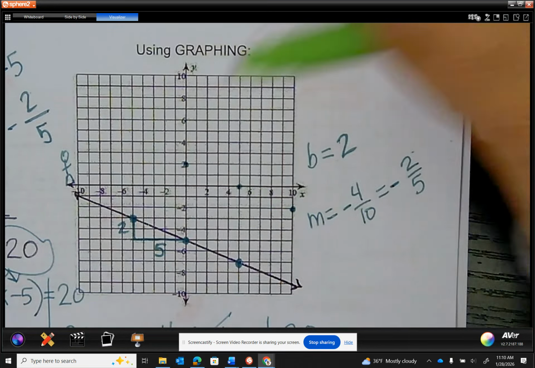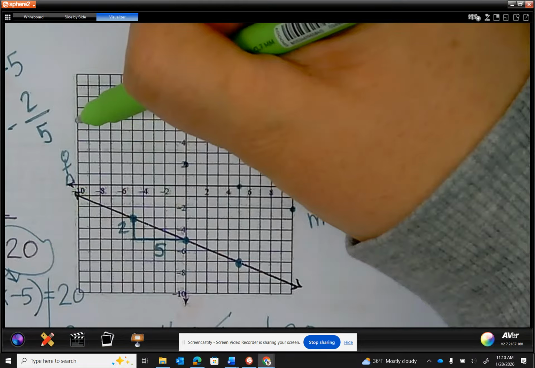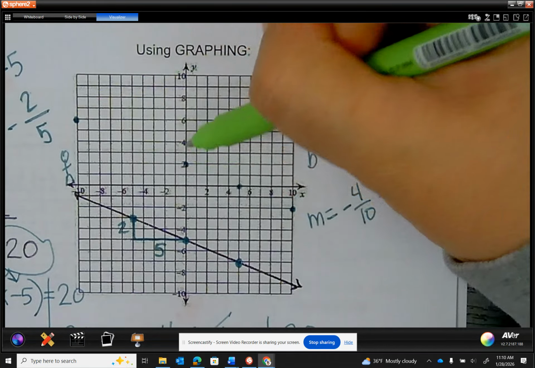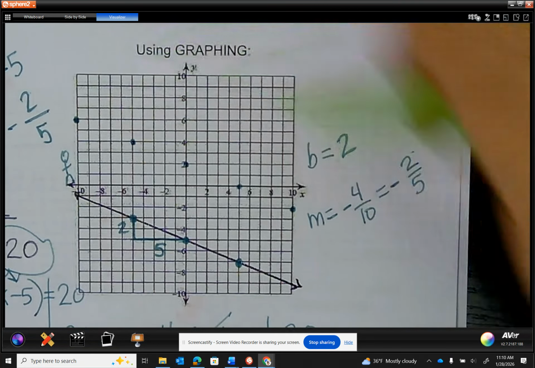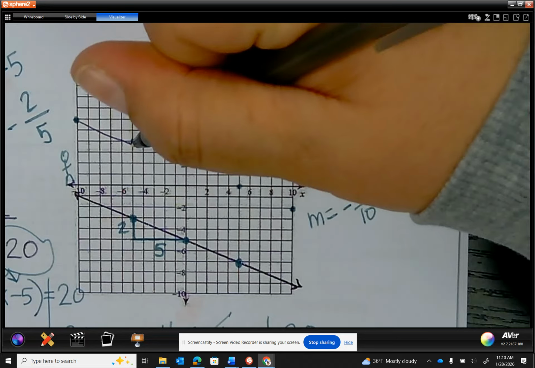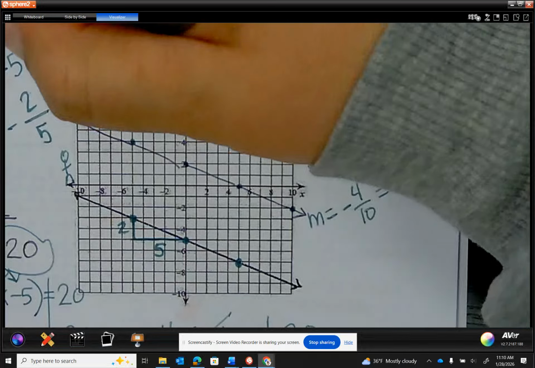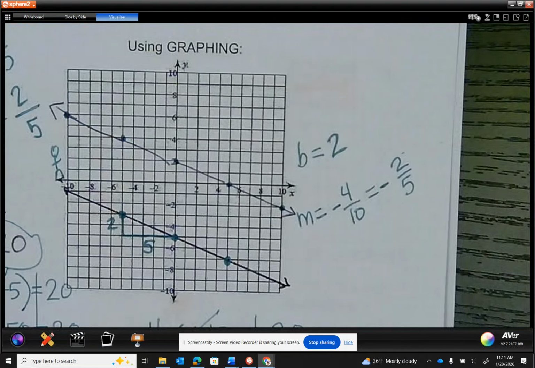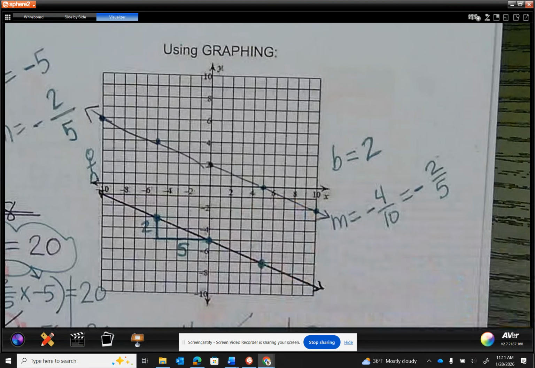Then I can go opposite. I can go up 4 and to the left 10. Or I can go up 2 and to the left 5. Either way, if I connect these points, we notice that the lines are parallel. Parallel lines will never intersect. So this confirms that this is